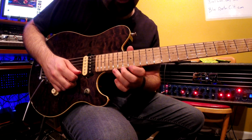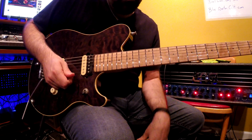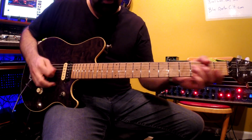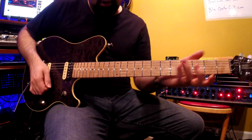All right, so here it is up to tempo. So now we do a straight up blues lick. I slide up to the 12th fret on the D string. So that's just,